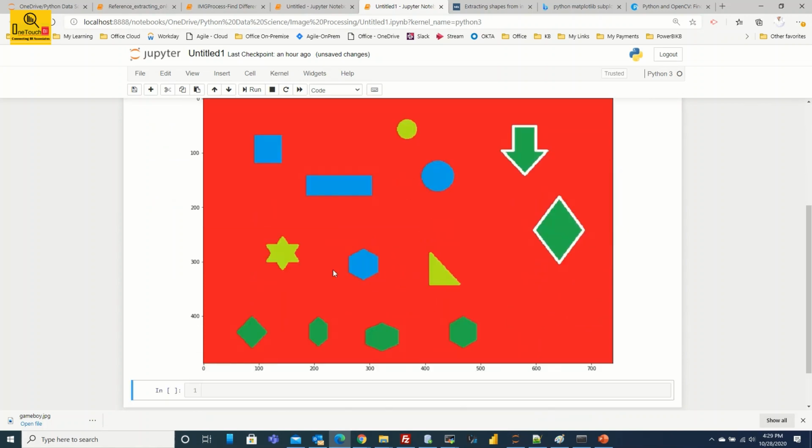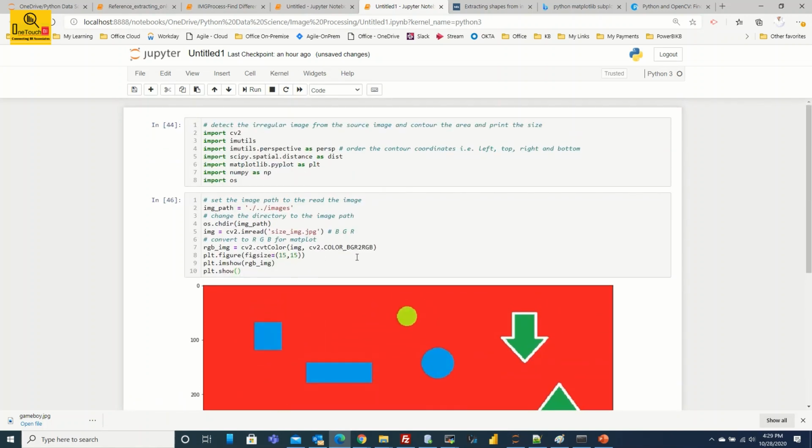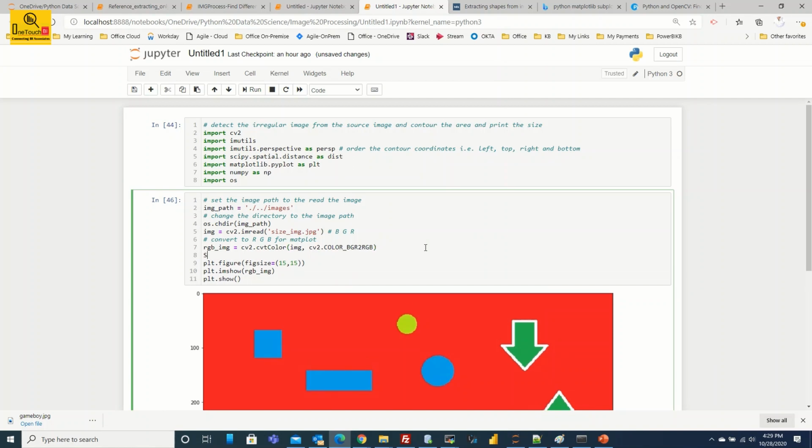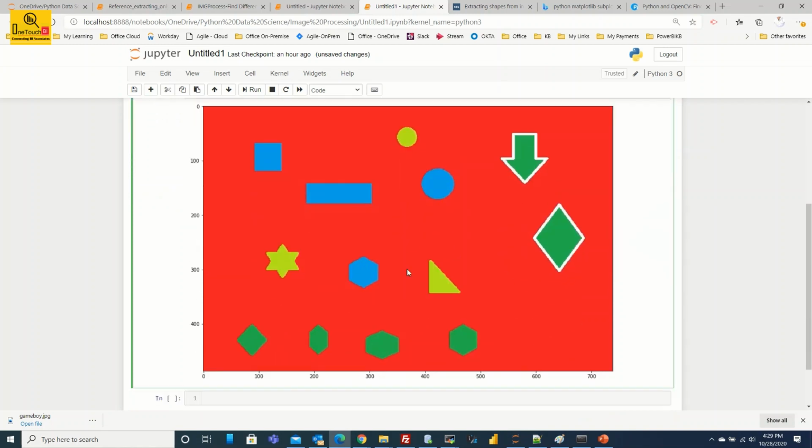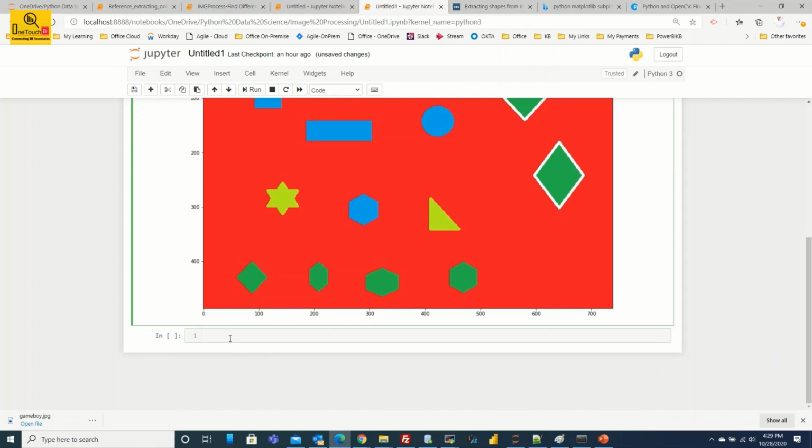Yes, we got the source image. Now show. Let's label this code, show the image. Okay. The very first part is done. We have read the image. Now we need to convert into the grayscale, convert into gray image or grayscale